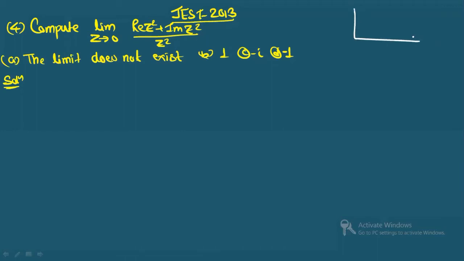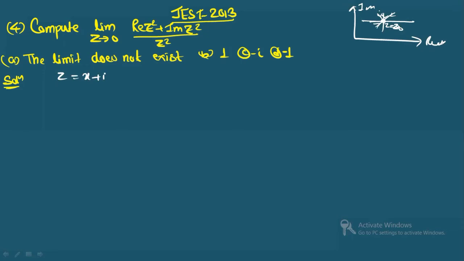Suppose I'm considering this example, this is the real axis, this is the imaginary axis. Suppose z needs to approach z naught, this point is z naught. So you can see here what is happening. z approaches z naught through infinite number of paths, yes or no? But for every path, the limiting value is the same. That means the limiting value is not depending on the path. So when the limiting value will not depend on the path, in that case, the limit exists. Clear?